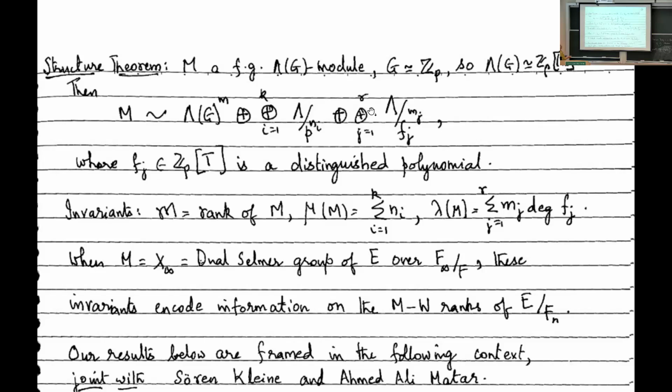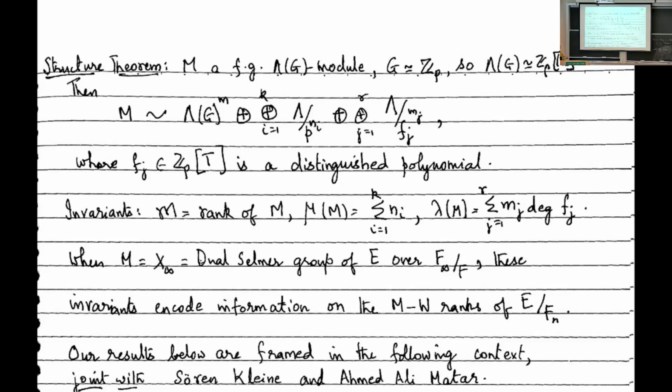So you have these elements here, the polynomials raised to certain powers. The real thing to do is to think of all these as height 1 prime ideals, because this is a regular local ring, so it's a unique factorization domain. All these denominators here are really height 1 prime ideals in this ring. And then you go back to your usual structure theorem over Zp, a principal ideal domain. This is sort of an extension of that, except for ignoring finite modules. And therefore, this allows us to define invariants.